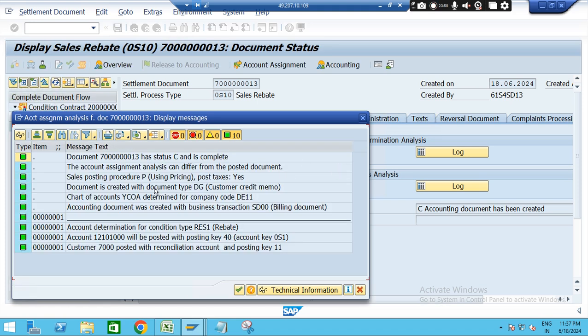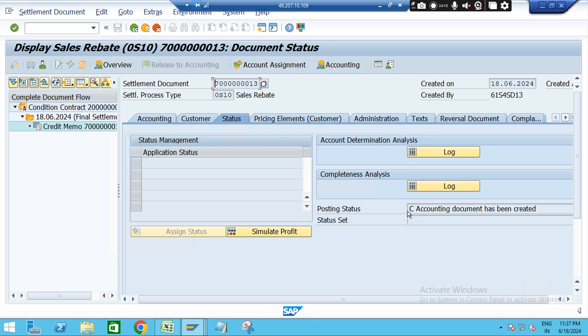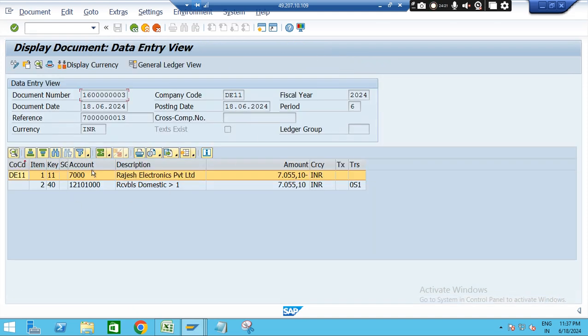This is the one thing. You can see the total document status. The document status is completed and the chart of accounts has been determined. Accounting determined RS, the account key is this one, and posting, all these things have happened. Now you can also see the posting status: accounting has been created. Now when you click on this accounting option, you can see your